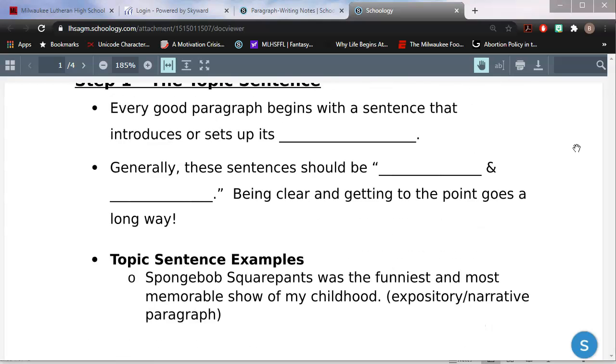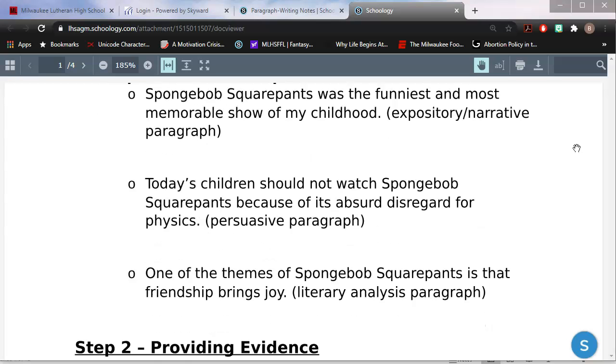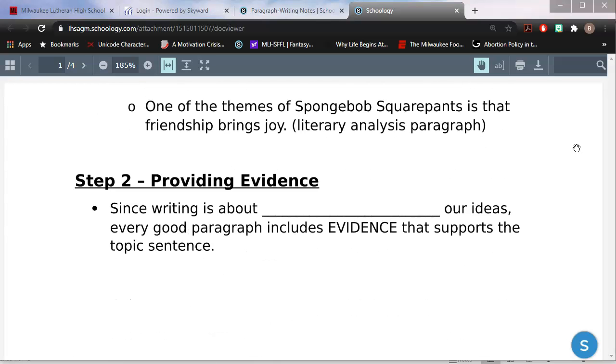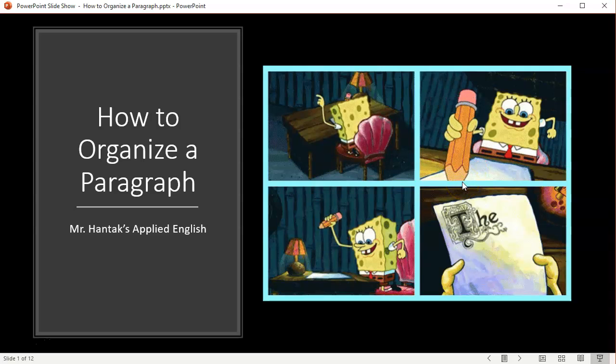The nice thing about this note packet is that you always have access to good, well-written examples for specific types of sentences, which we piece together to form complete paragraphs. Again, feel free to print this off, download it, write these things down in a notebook. But I'm going to be leading you through the notes themselves, the actual information in my PowerPoint. Alright, thanks for your patience with that little jump right there to get into our PowerPoint.